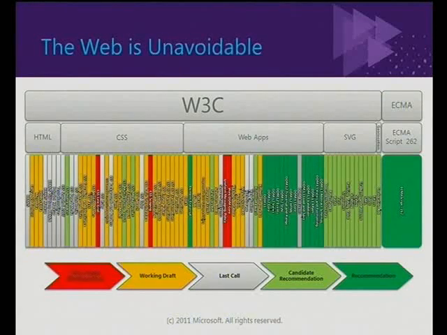The reason that they do that is that they don't want to invest in, say, something that's going through a working draft, only to discover that it changes or that it doesn't get ratified, and then all of a sudden they're stuck in the IE6 mentality where we've got to support a broken bit of technology thereafter, okay? So we really don't want to go down that path. Unfortunately, it does mean that Microsoft tends to be on the back step in terms of the web technologies on the mobile platform,